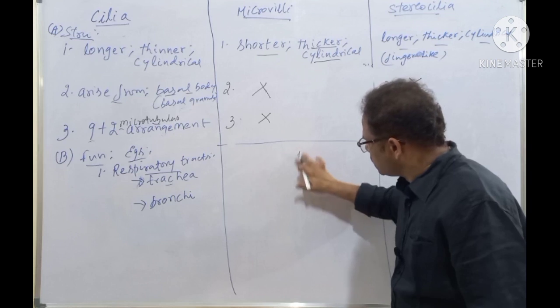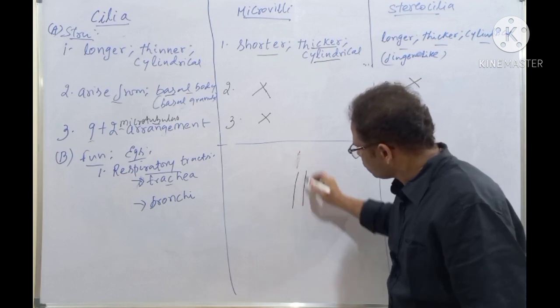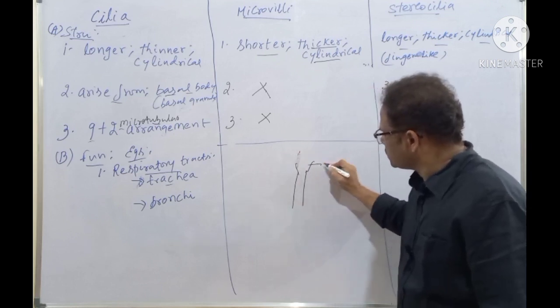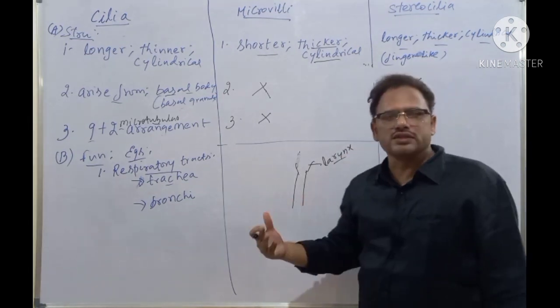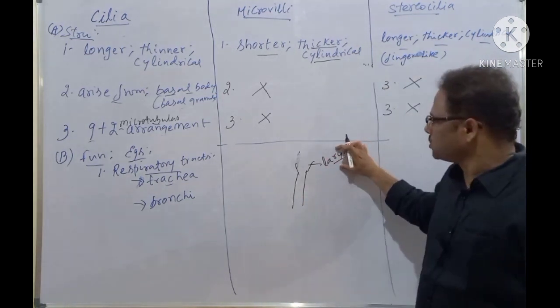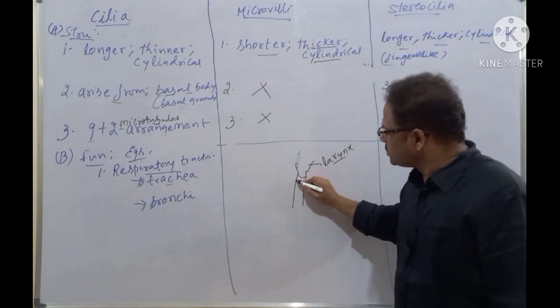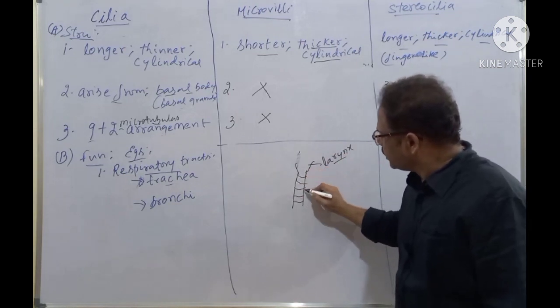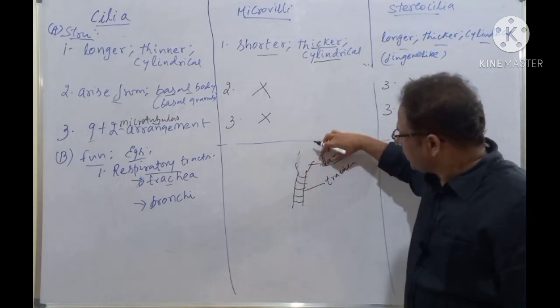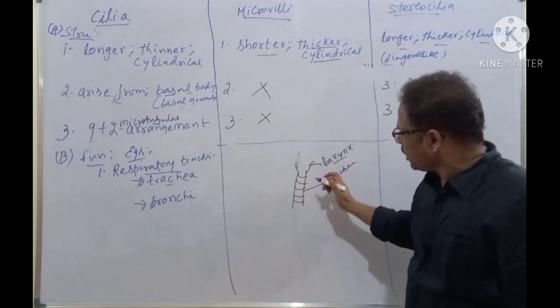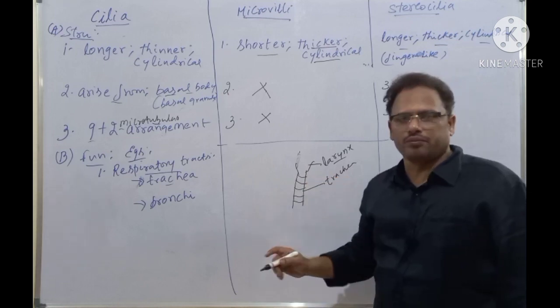And this is the trachea. Here the larynx is present. This is the larynx or voice box, where the voice is produced. That's called a voice box, sound box, larynx. And this is the trachea, with cartilaginous rings. Up to here is the larynx. From here, rings are there, and this structure is called the trachea, windpipe.